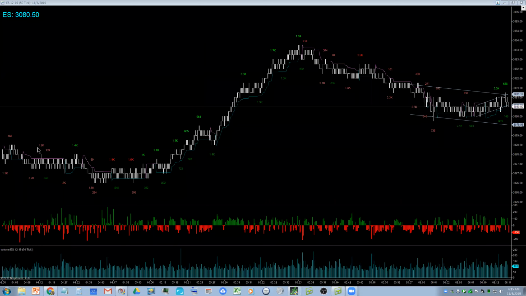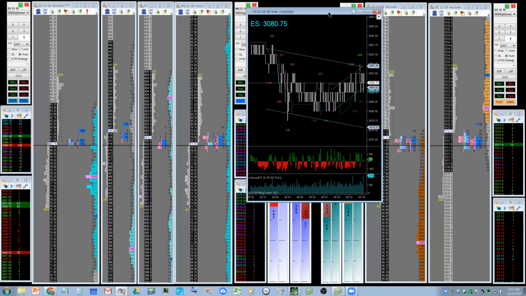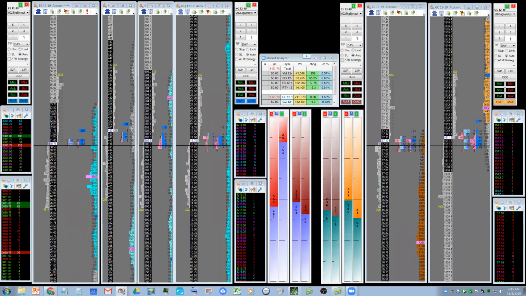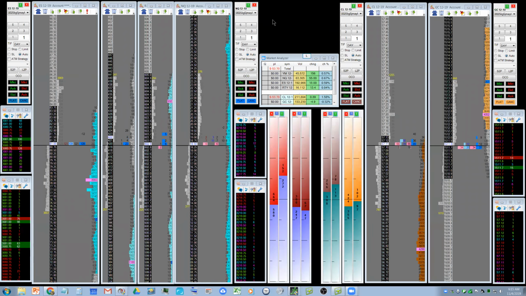Anyway, so we consolidated down here. Somebody pushed us out of here, or some group of people did. And now we're probably consolidating again, going into the open. I don't like to predict opens, but if I were to guess what today might look like, I would suggest that we will probably go higher, and it might set up a really nice place to get short where it could flip over. The other thing I would say is that could happen tomorrow, and today we could just have a short squeeze.